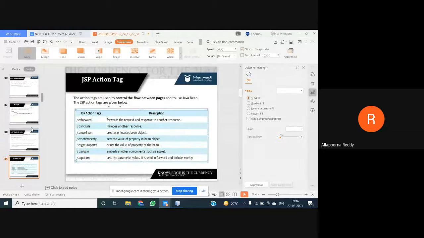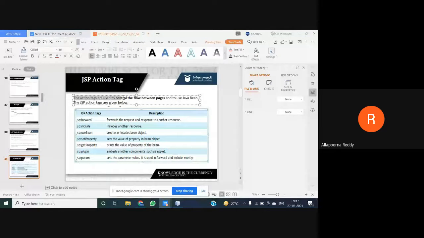As we studied in servlets, when I was studying the cookies method, we can have clarity about this Java, or I can say the tags of JSP. So these action tags, whatever action tags we are using, are used to control the flow between the pages. When you want to redirect from one page to another page, you want to make some control flow between the pages.